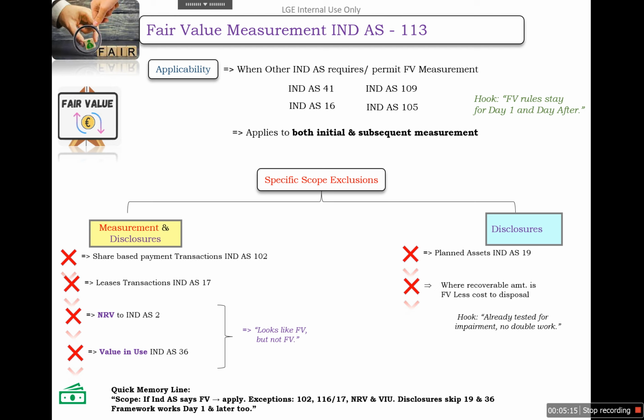So scope: Ind AS says we need to apply Ind AS 113, and there are exceptions of Ind AS 102, 116, 17, Ind AS 2, and Ind AS 36. And in respect of the disclosure, we need to skip 13 and 16. And this Ind AS valuation rule applies either when we are doing the initial fair value measurement or subsequent measurement of fair value of